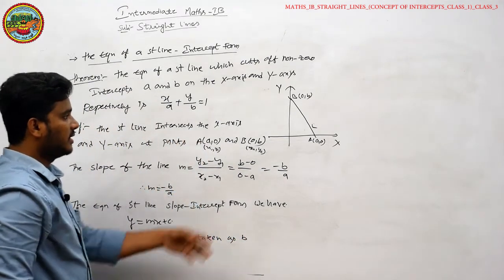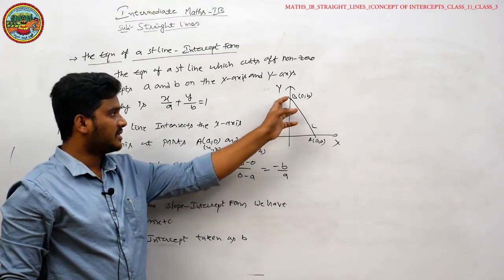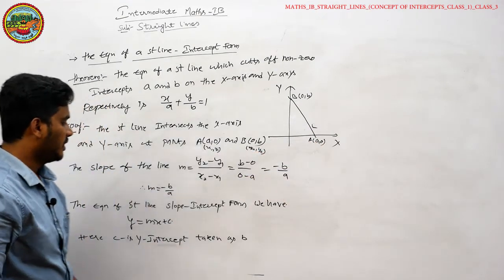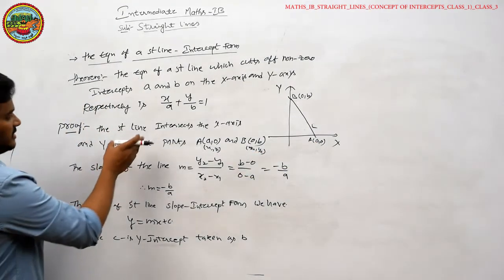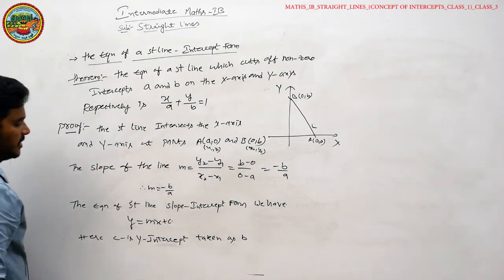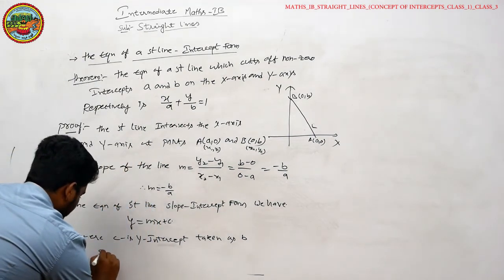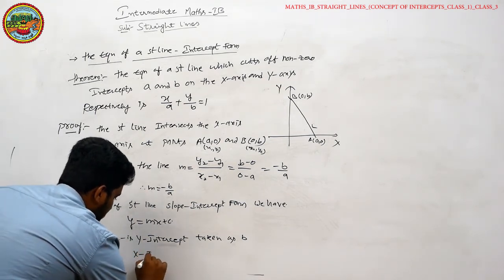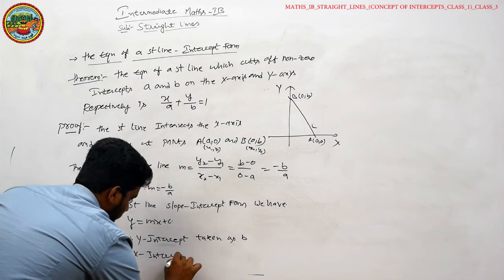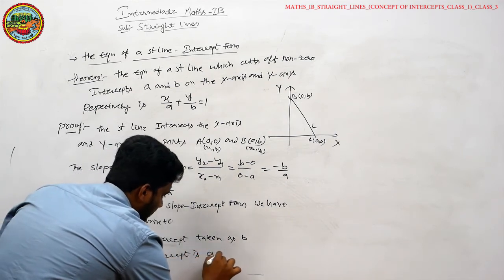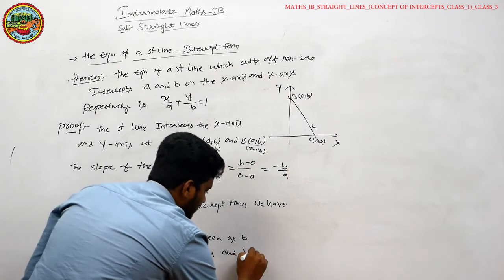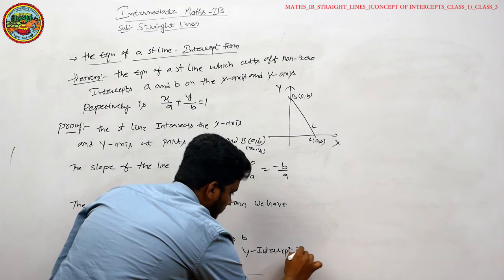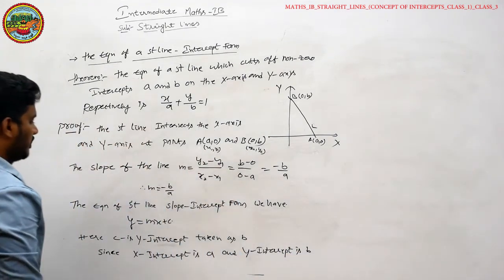Because the line L intersects the x axis and y axis at points A and B, here we have x intercept a and y intercept b. Since x intercept is a and y intercept is b. So therefore